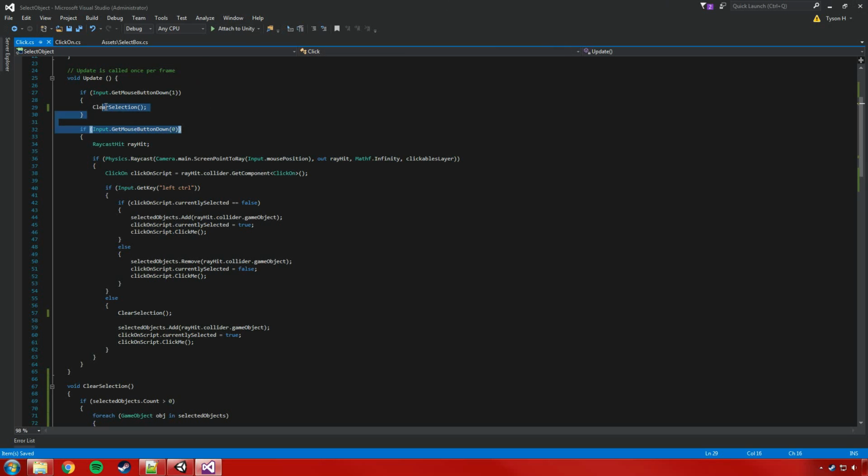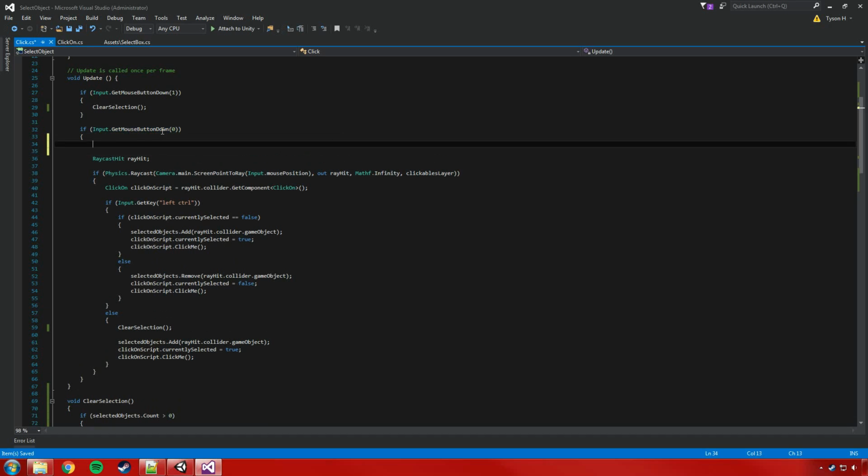So we've got the input get mouse button down, so when the player clicks, when they press the button down, first of all, the one major change we need to make in this is we need to store the position. So when the player first presses that mouse button down, regardless of whether they're going to hold it down or not, we're just going to grab the position of the mouse when they do it. We're going to do it as a viewport point. So we're going to say that mousepos1 is equal to